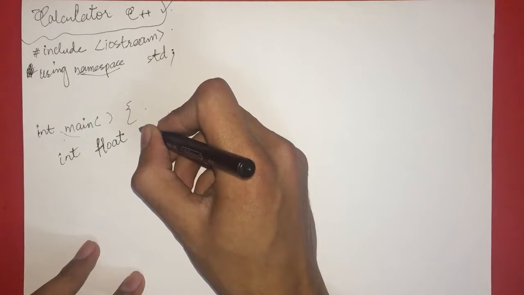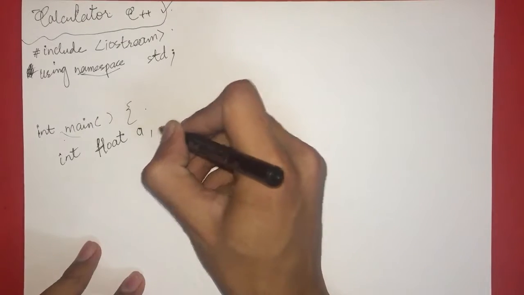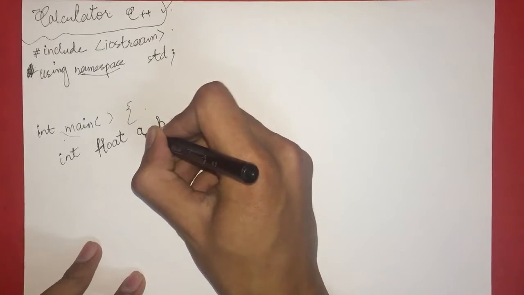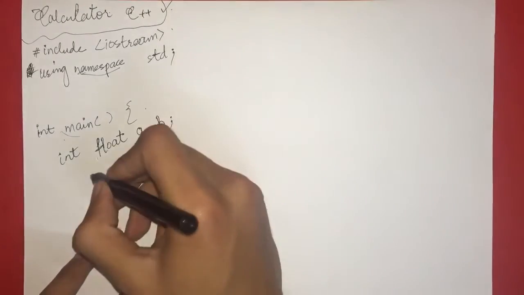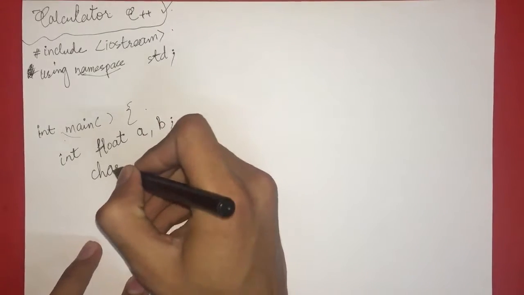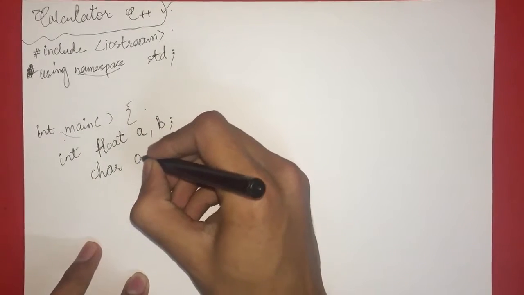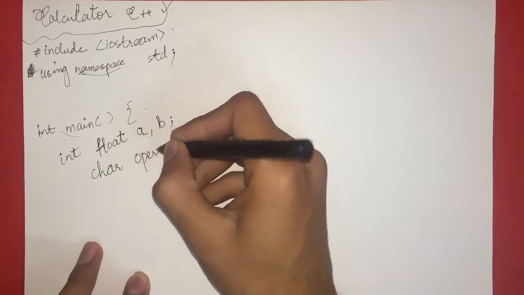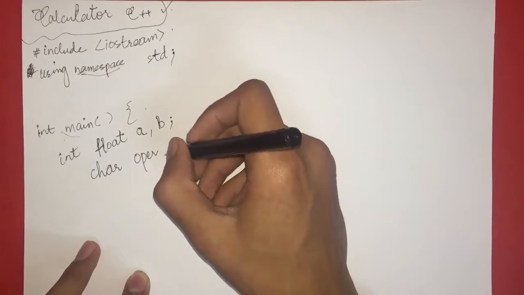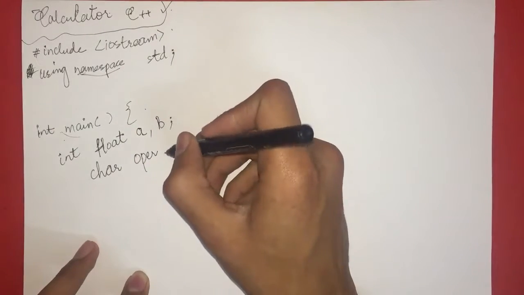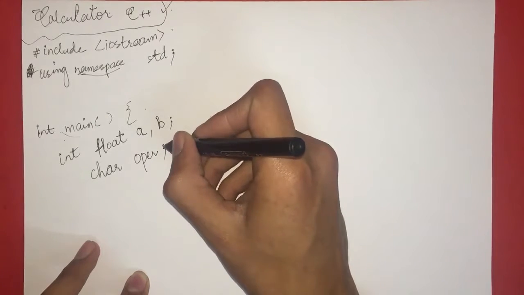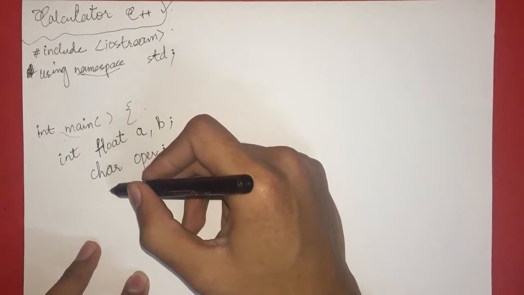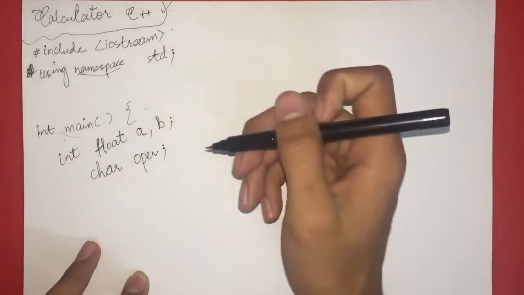So I put float a and b. So a and b will be our operands, and then char operator. For the operator I'm going to use oper, and char oper is going to be our variable of data type character. Then